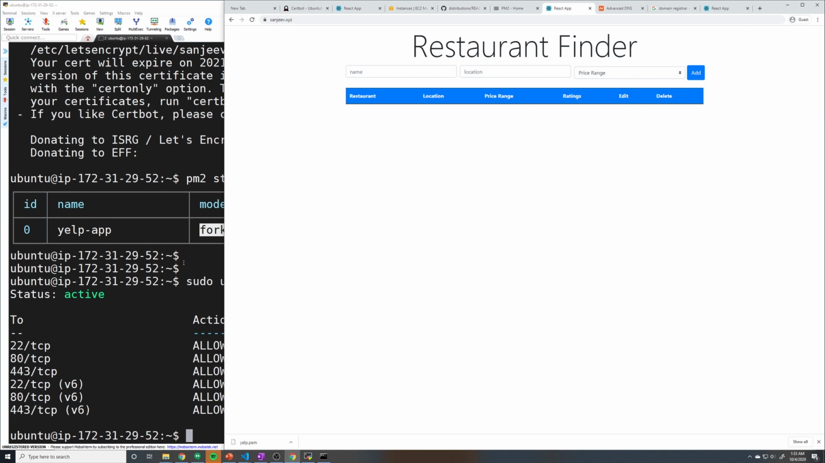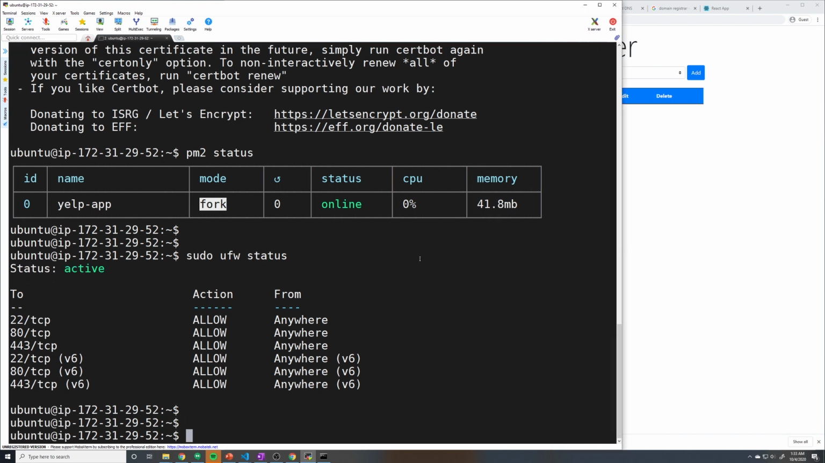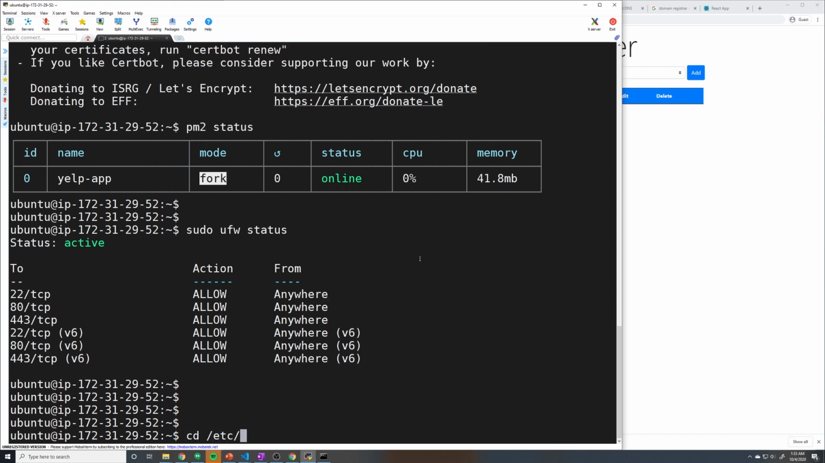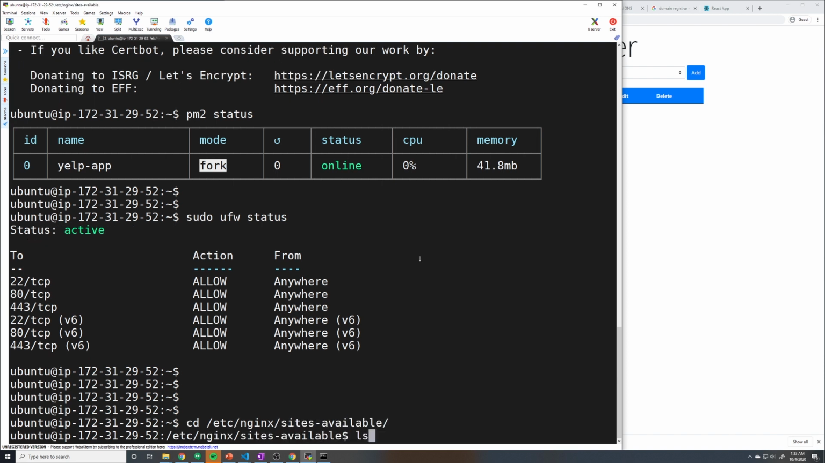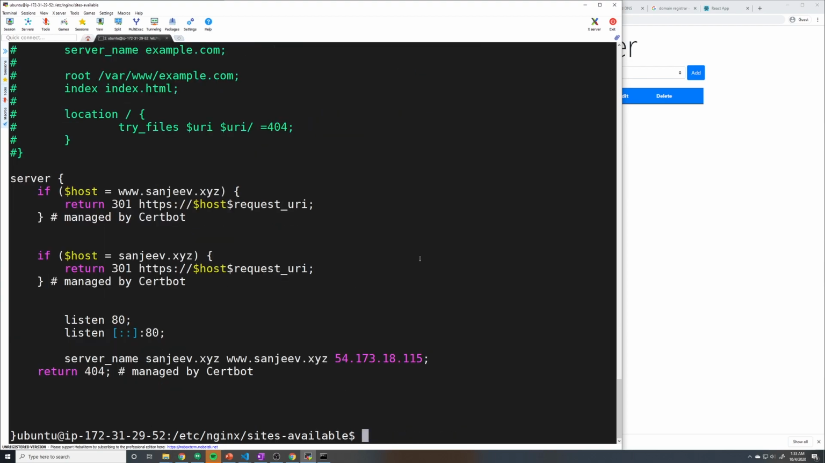But actually, before we do that, I want to quickly go over what config changes Let's Encrypt actually made to Nginx. So if we go to /etc/nginx/sites-available, you'll see a decent amount of config changes. So if we do a cat sanjeev.xyz,